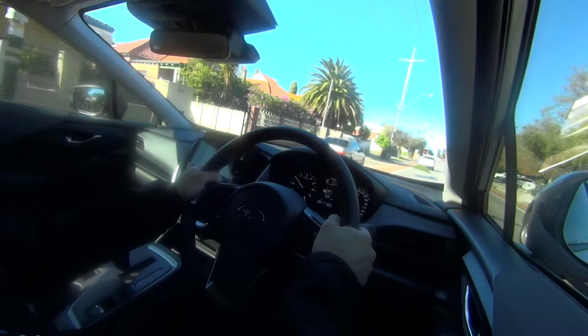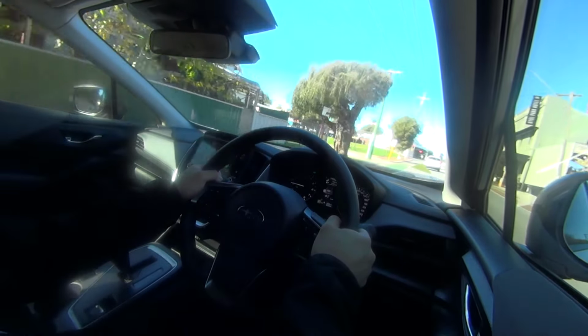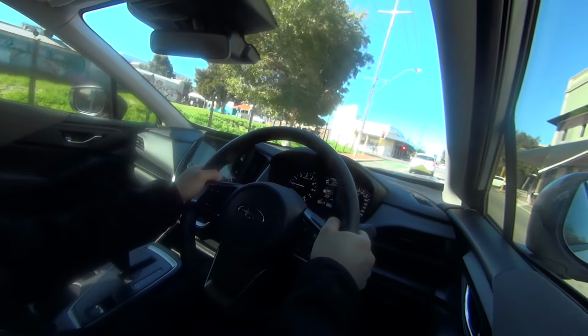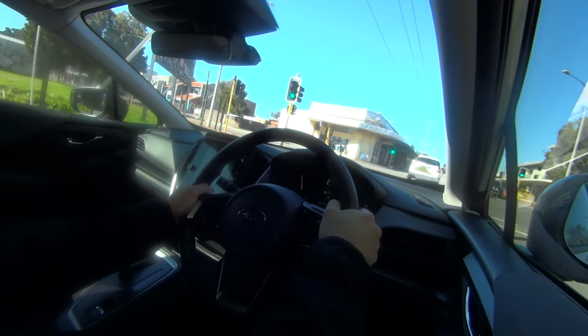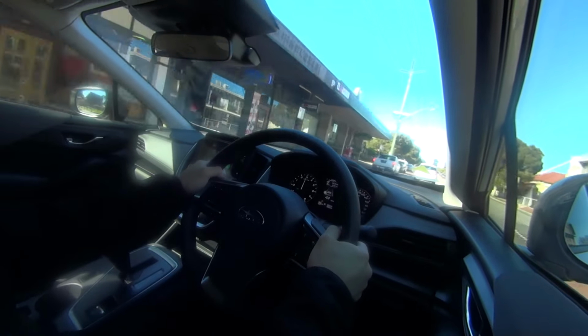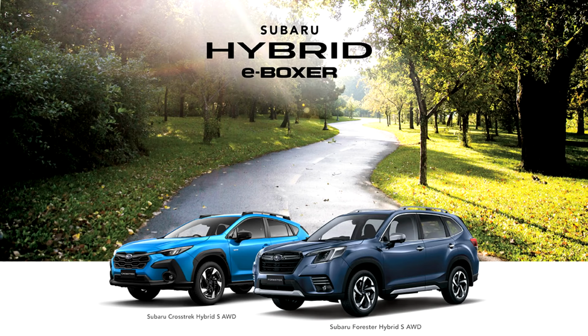The handling is decent for an SUV, and the all-wheel drive is a strong point, which would give you good traction in various weather conditions. This is something that sets the Crosstrek apart in its price range here in Australia, where most competitors won't offer all-wheel drive. In terms of fuel economy, the e-Boxer claims to offer 6.5 litres per 100 kilometres combined, though it's